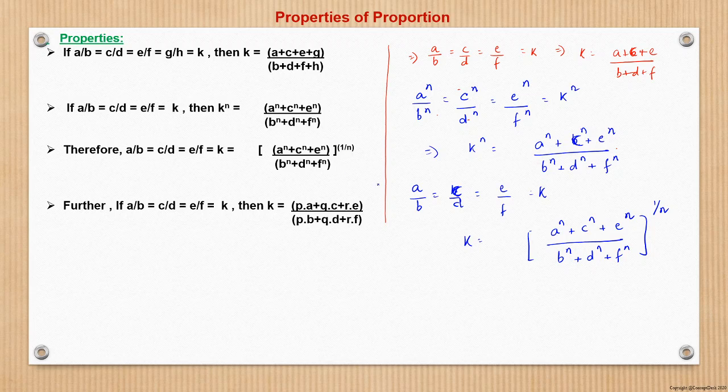Now let us see here. So that is what: if a by b is equal to c by d is equal to e by f is equal to k, then k raised to power n is equal to this. This we proved here, right? Property 2: and if this is there, then a by b is equal to c by d is equal to e by f is equal to k, and k will be nothing but this raised to power 1 by n. So that is what I have written here as 1 by n. So now see here,